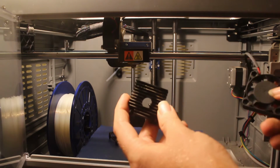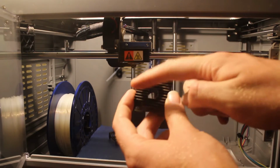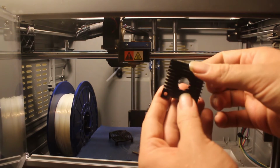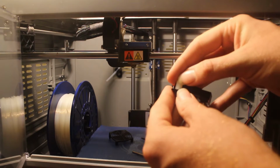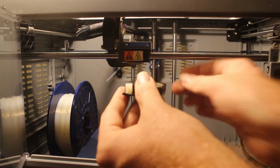You've got the part that dissipates your heat, and you can see there's still a little bit of dust on there. I didn't really take the time to get down in there and scrub it out. What I will do sometimes is get a Q-tip or something like that and clean it out. But you've got these little plastic spacers. You go ahead and set